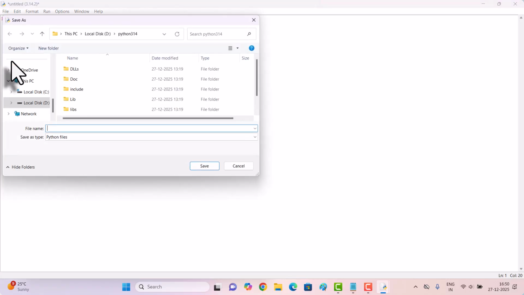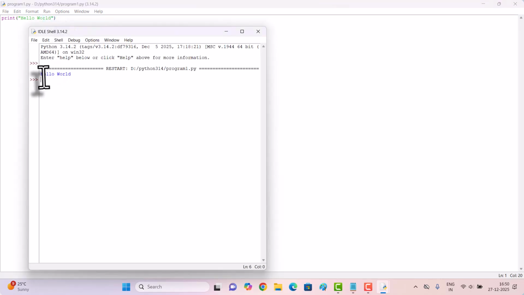Go to File, click on Save, and save in any location. I am going to store it in Python 3.14, as I am using the Python 3.14 version. This is program1.py, which shows that this is a Python program. For Save as type, you can keep it as Python files. Save this program. Now you can see there is a Run option to execute this program. Click on Run Module. Now you can see the output in the